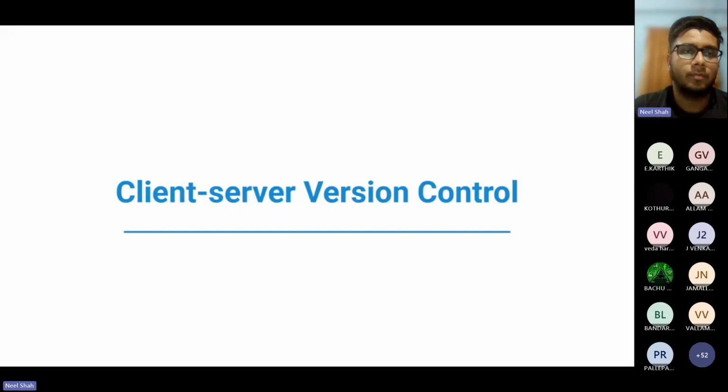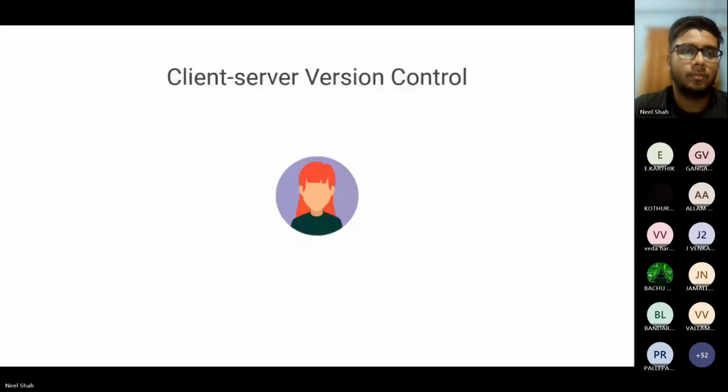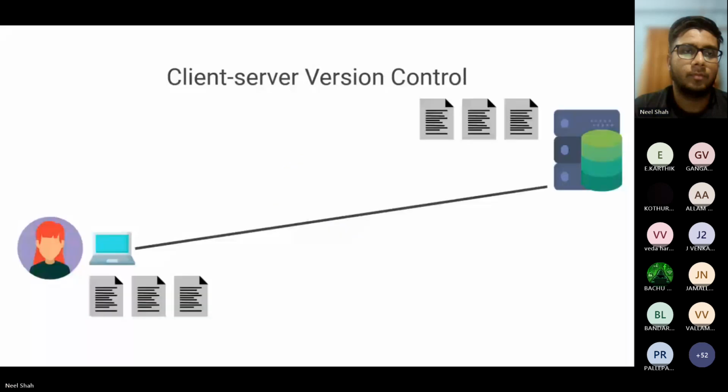Everyone must have heard about client-server architecture in your colleges, in your curriculum. Let's take another example.